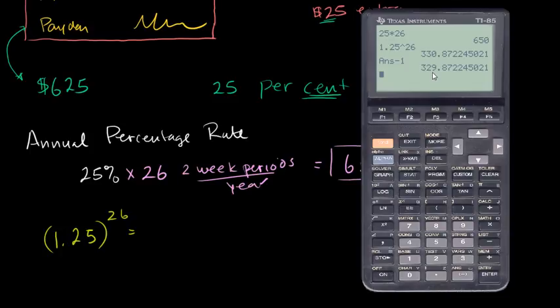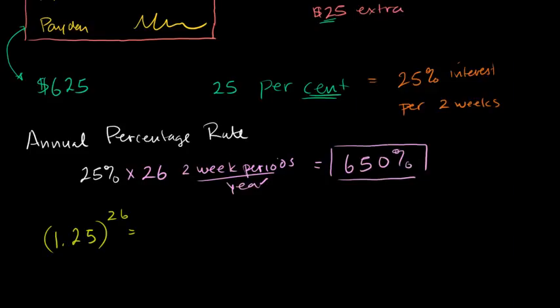329. Well, let me be very clear. We're going to be essentially, this is 329 times our money. So if this was a 1 here, that would be 100%. So this is, let me just be clear. This number right here, that number right there,